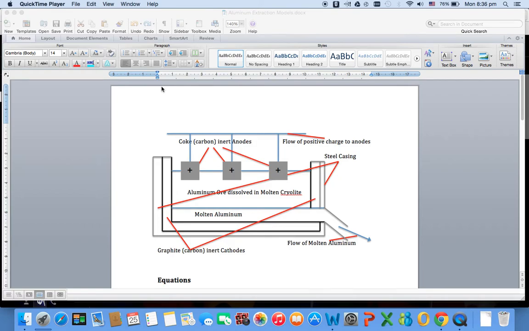Aluminum is a very reactive metal lying between magnesium and carbon in the reactivity series. Because it's more reactive than carbon, it cannot be extracted through the more common way of metal extraction, using a blast furnace. Due to its higher reactivity, it forms more stable compounds in its ores, and carbon monoxide is too weak of a reducing agent to reduce the aluminum oxide, which is its chemical form found in its most common